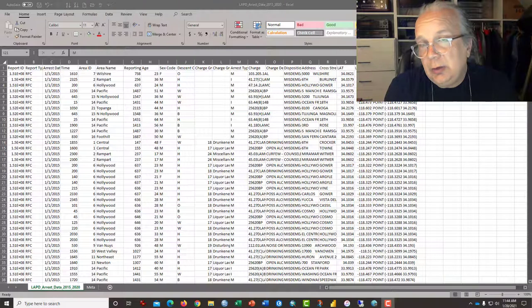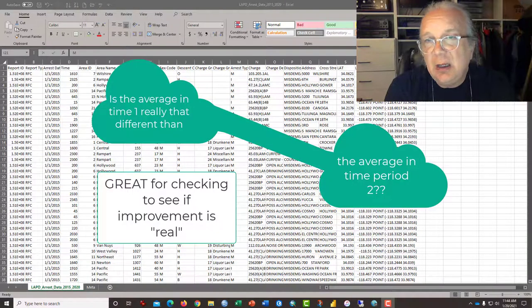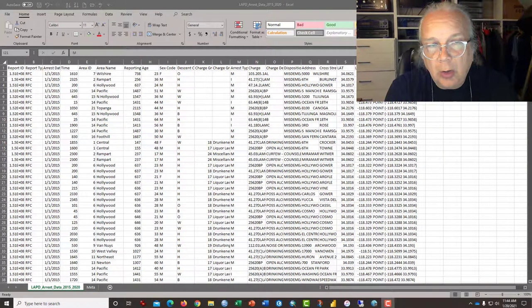And the third of those is sort of a before and after. Is the average different in time one versus time two? All three are very useful in order to demonstrate, or at least find out, if the differences between two samples are